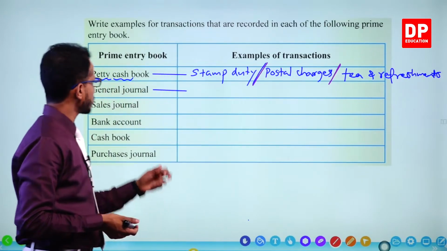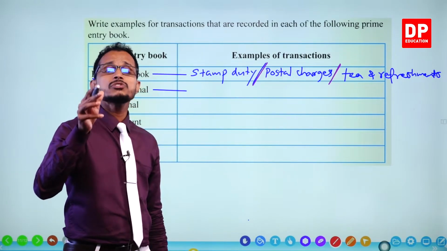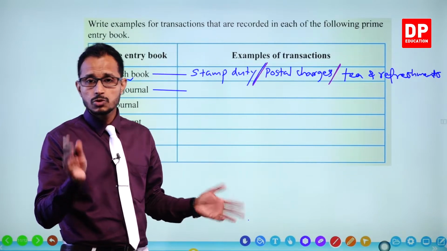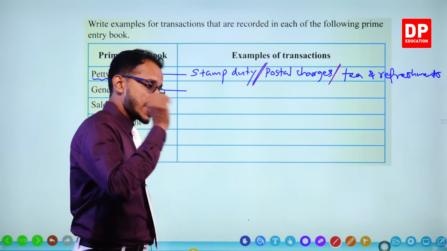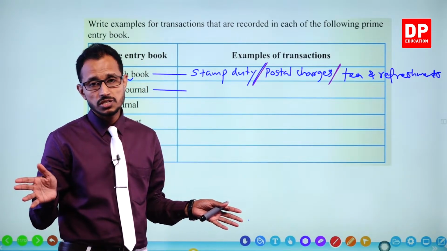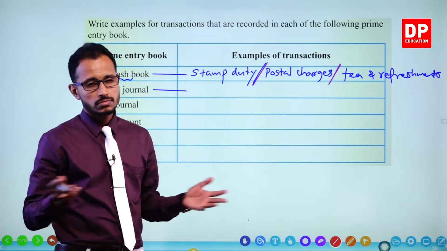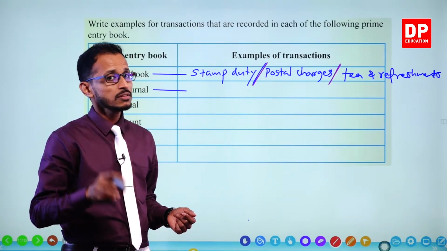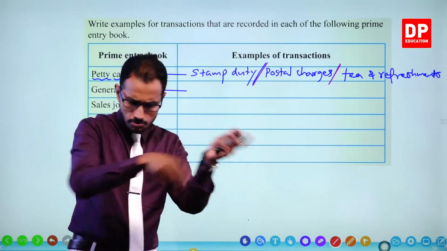No, you can't put to the general journal because general journal is used as the garbage bin, right? To record any transactions which cannot be entered in other journals. Whatever the transaction is, if there is no specialized journal for that, you take it and put it to the general journal,